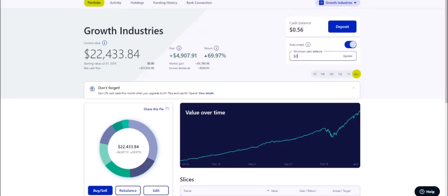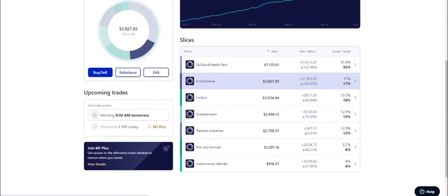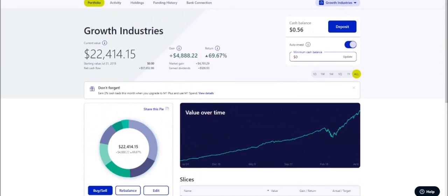So the bigger success on this side is the growth industries portfolio, which I renamed before. I think it was called industry bets or something like this, and I made this more focused on growth stocks. Since the last update, maybe about a month, basically right after the update, and I might have mentioned it in the last video, I really looked at some of the allocations I had in this portfolio and I adjusted them. The first thing I did is I had about a 7% allocation to sin stocks, which was like alcohol, coffee,